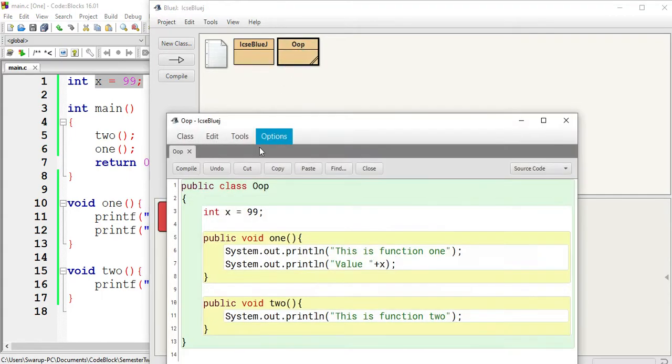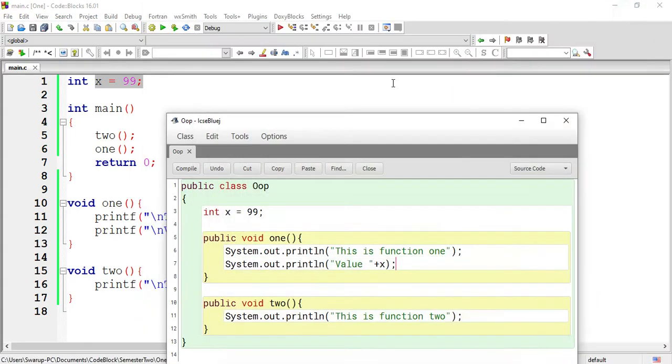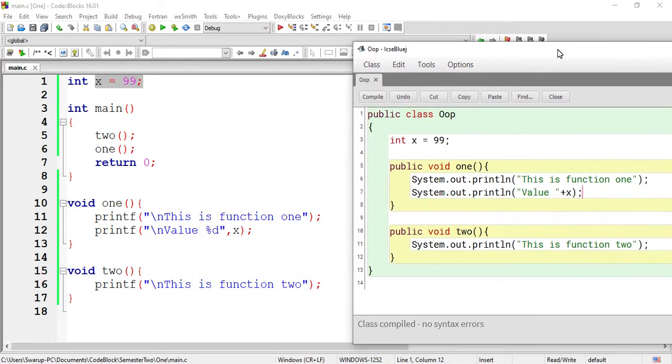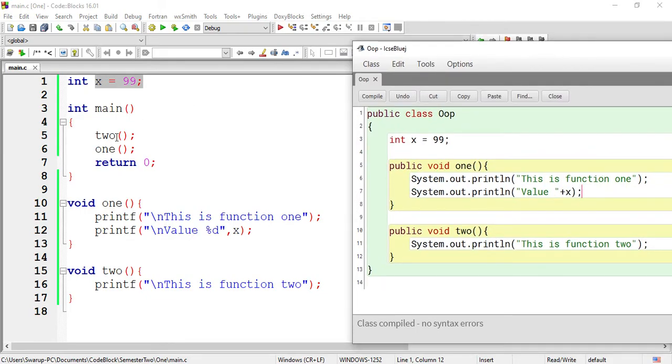But if you see, this variable is within the class, but this variable is not within the, over here. In case of C or procedure we have something called main, but we don't have anything called class over here, and this variable is within the class, but this is outside the main function. Okay, so if you are declaring something outside the main function, you can access this variable from any function of your choice.